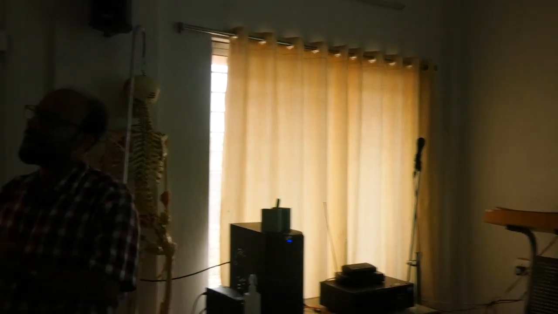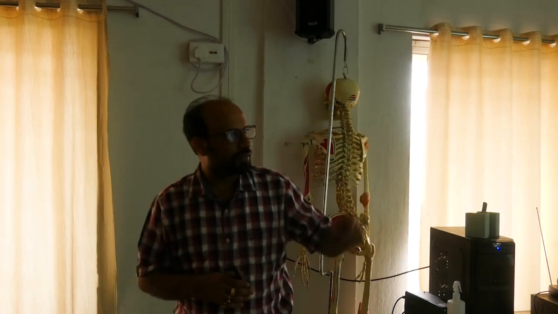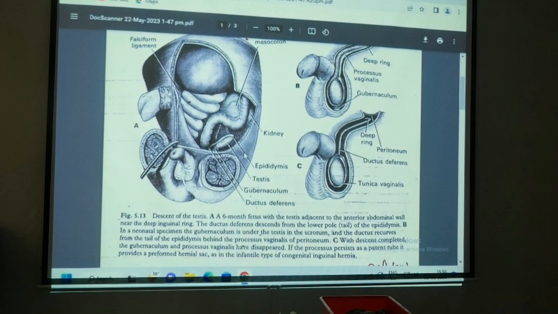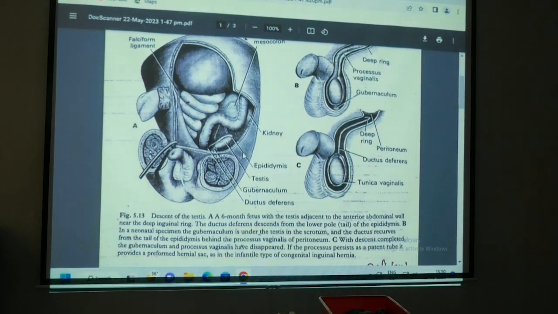Gubernaculum কি? একটা mesenchymal thread that is present in the lower pole of the testis, gubernaculum testis. এই gubernaculum ভালো করে দেখ, পরে obliterated হয়ে যায়। মেলে obliterated, ফিমেলেও obliterated হয়।